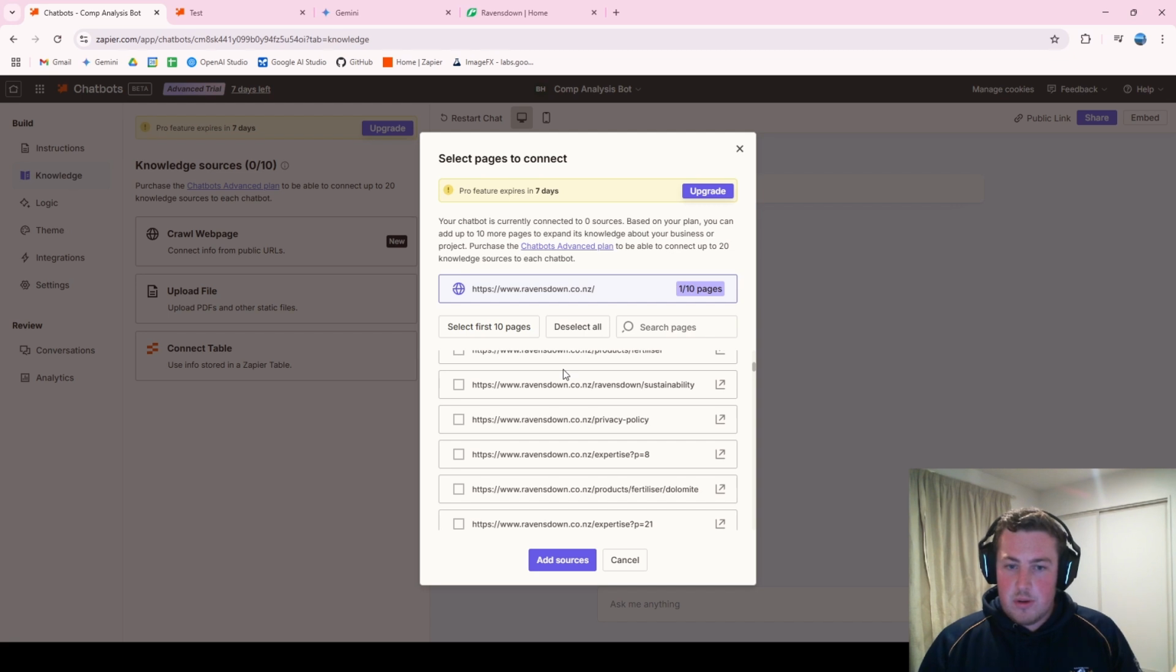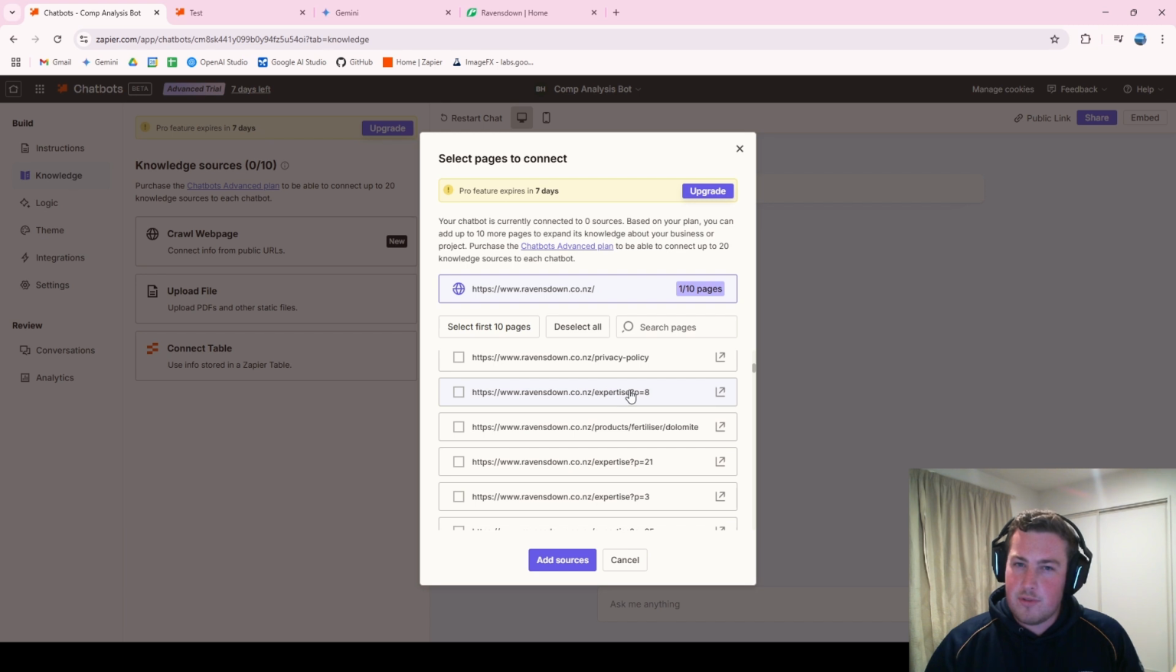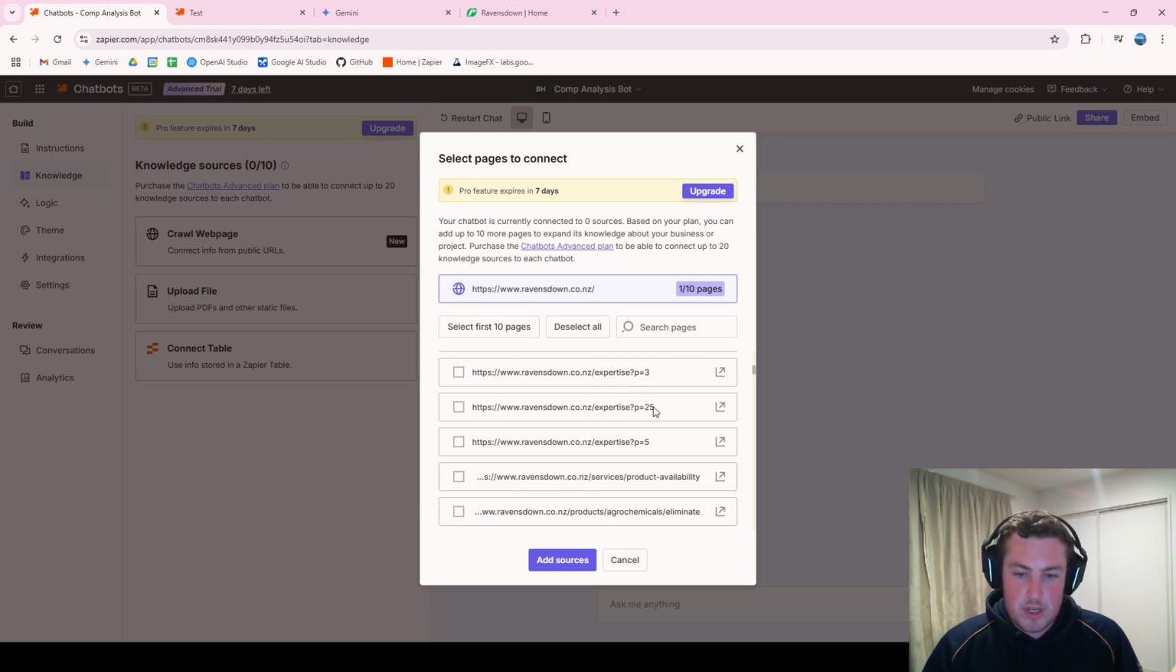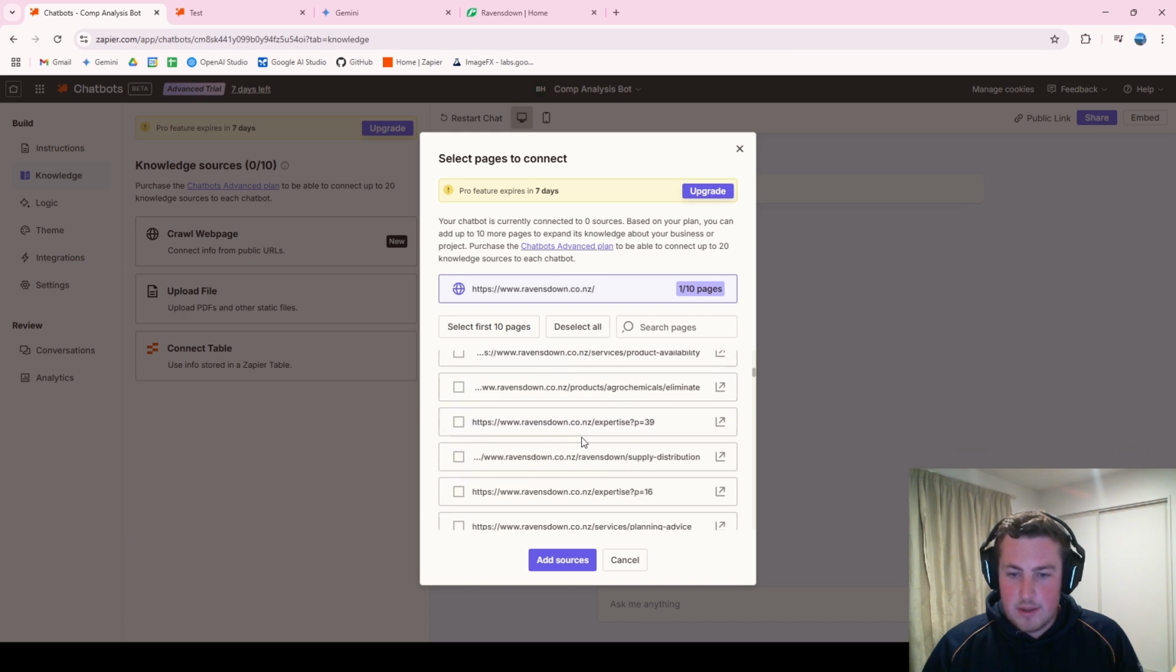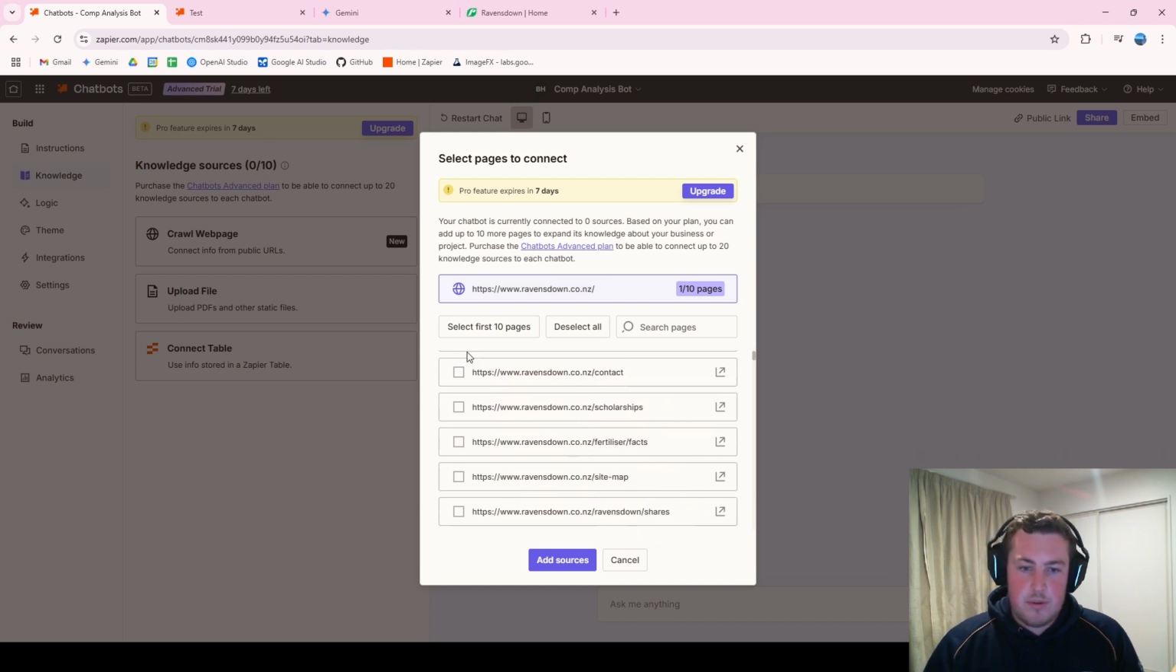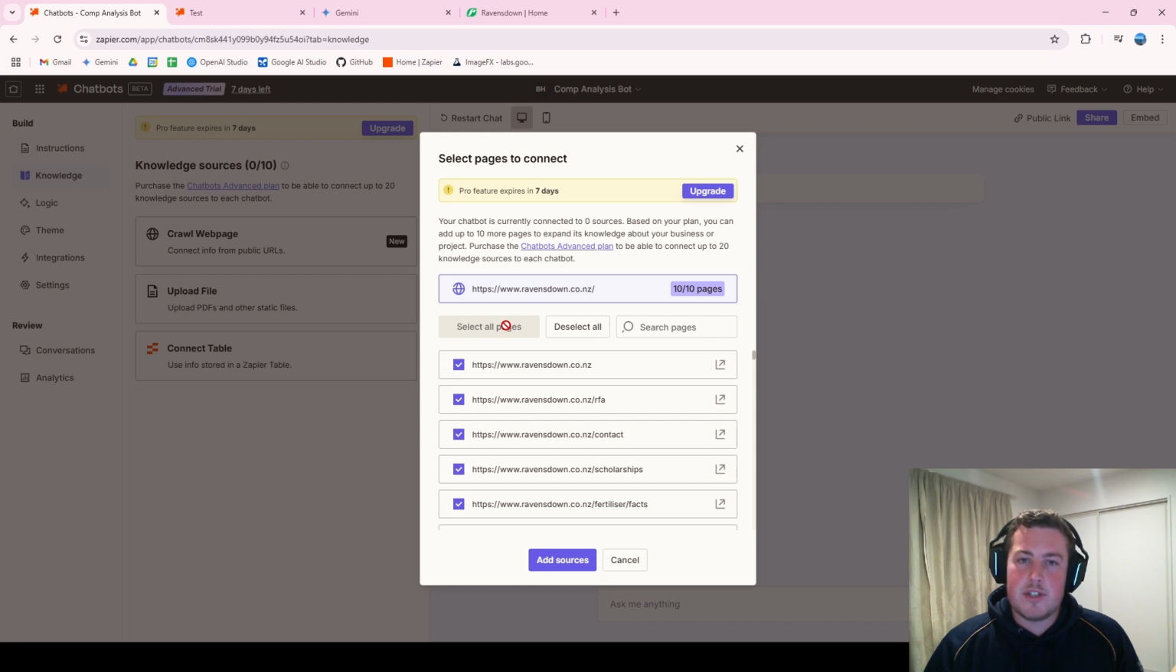Because we're only on the free trial, we can only select up to 10 pages. You can select up to 20 if you pay the full version, but 10 is more than sufficient for this kind of information. It's quite important to go through and select the parts that are really important for what you want to compare. Like if you're really interested in their privacy policy, you might select this one, or the different ones here. But for this one, all I'm going to do is just select the first 10 pages that it's found,